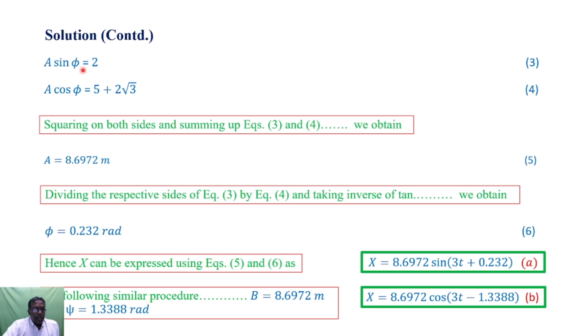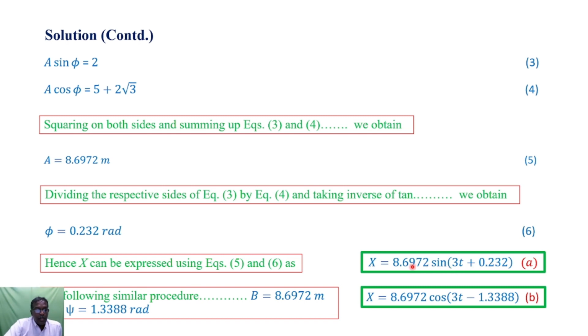Now I divide equation 3 by equation 4. By dividing equation 3 by 4, a sin phi by a cos phi on the left hand side of the equation, where a and a get cancelled, sin phi by cos phi will give tan phi. Now I take the inverse of the tan function, from which I obtain phi equal to 0.232 radian, which is equation 6. Hence now I can write x using equations 5 and 6 as a sin(3t plus phi),